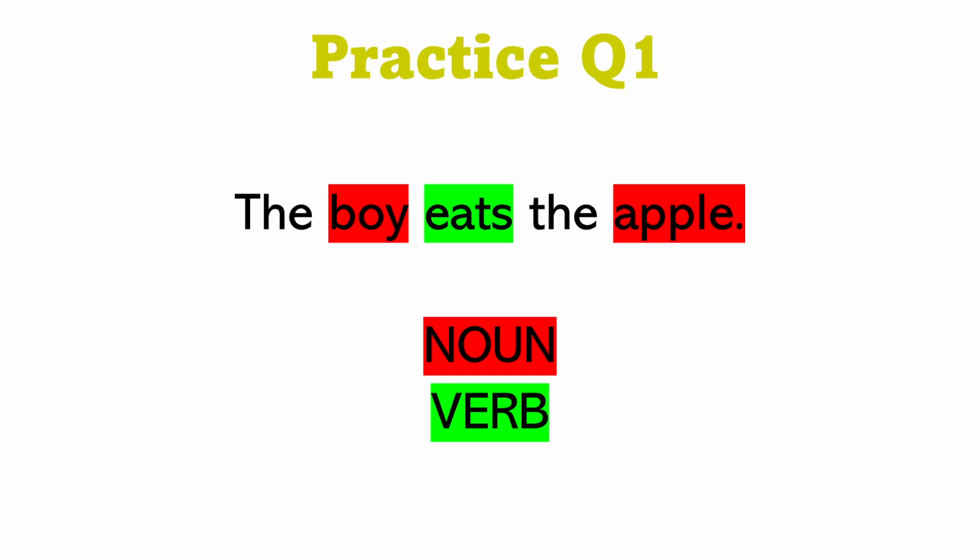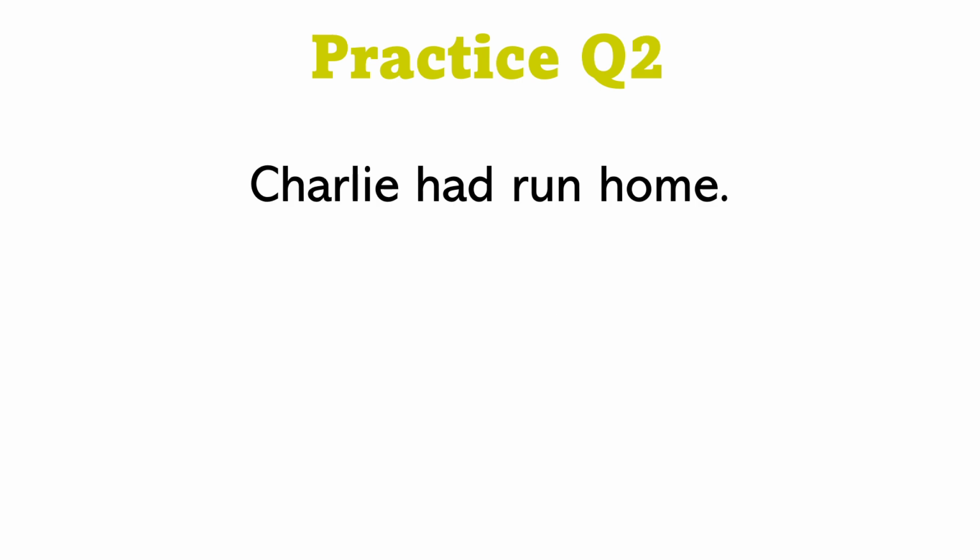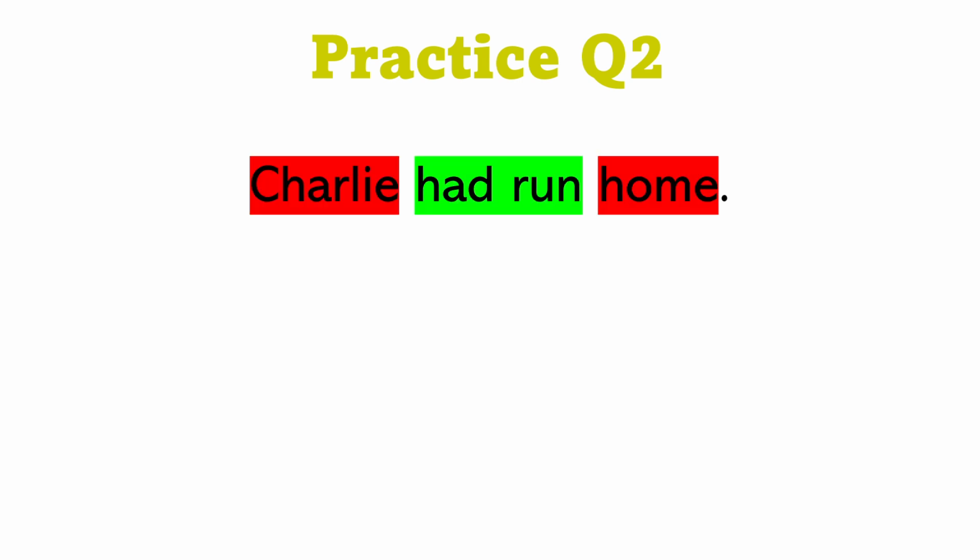We'll try practice question 2 now. Nouns and verbs, can you find them? I'll show the answer. You're welcome to pause this as well. In this one, home is the noun, and Charlie is also a noun. That's a proper noun because it's a person's name. It's at the start of the sentence, so it's capitalized anyway, but if it was not at the start, it would still have a capital letter. We capitalize people's names. And then we've got had run as the verb. So run is the verb.